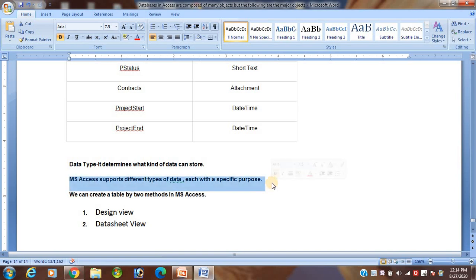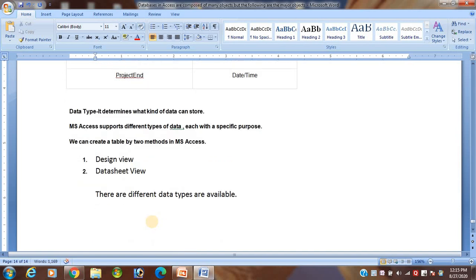Remember, there are different data types available.